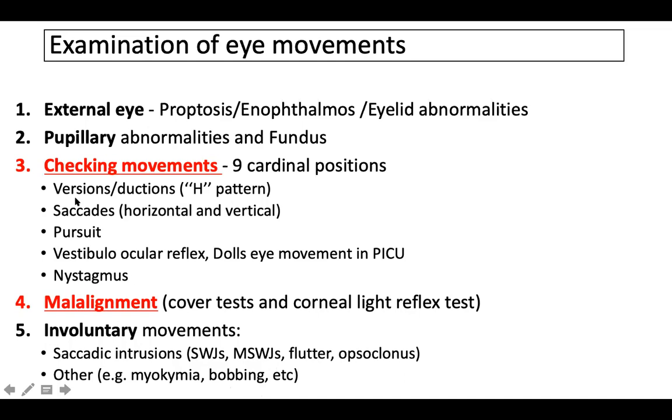So this is the entire scheme of a detailed eye examination. But if you want to do it very quickly, the least you should do routinely is to check the pupils and the fundus, the 9 cardinal positions of gaze, and quickly do a cover and uncover test. So this much would help us to understand. And of course, in the meantime, observe whether there are any intrusive movements. It doesn't take more than probably 5 to 8 minutes, or maybe a maximum of 10 minutes, to do all these tests in a sequence.